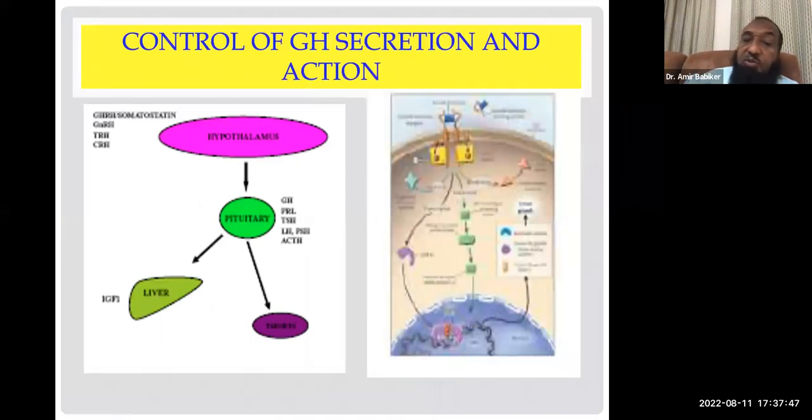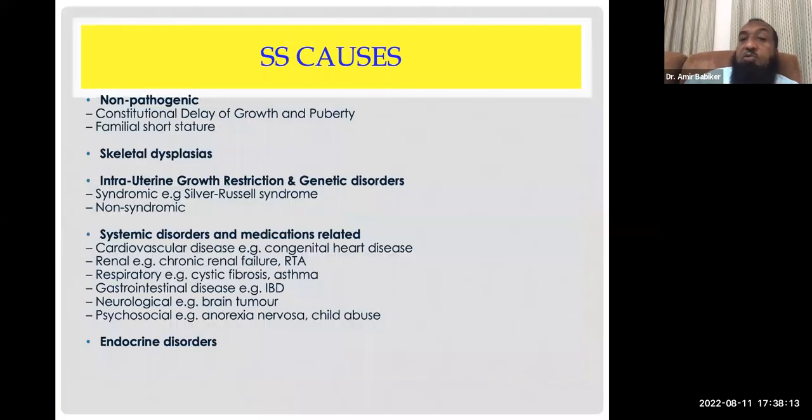Growth hormone works directly on the liver to help it produce IGF-1, which works in the receptors in the growth plate. So you have an IGF-1 effect and a growth hormone effect. And you may have resistance problems with IGF-1, or problems with the growth hormone receptor, as in Laron syndrome and syndromes in which you don't have a good response to growth hormone.